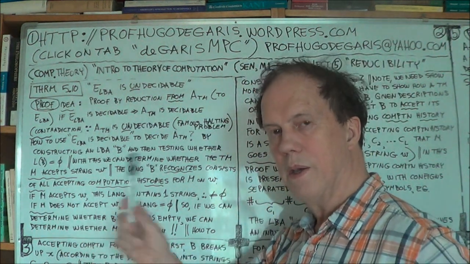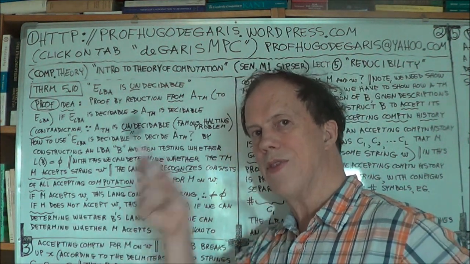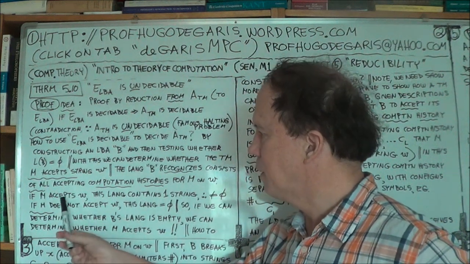So either way, we know that M will either accept or reject. And that, by definition, means that this machine